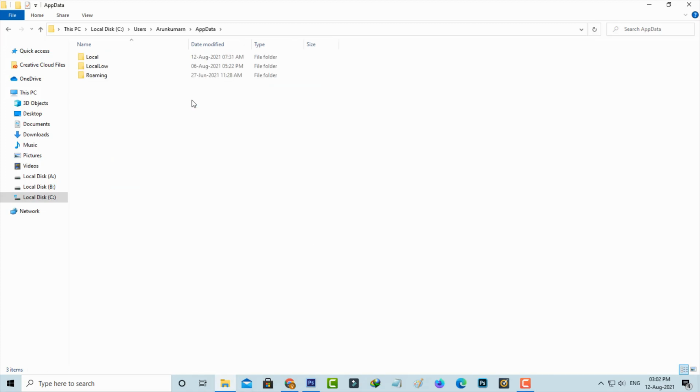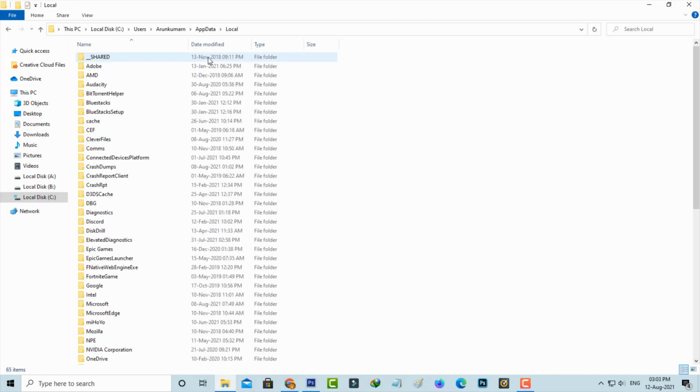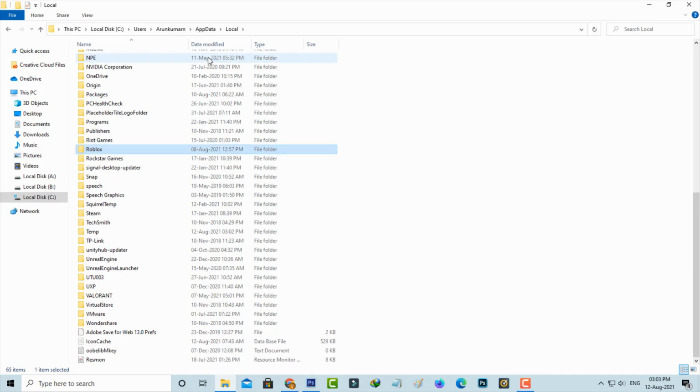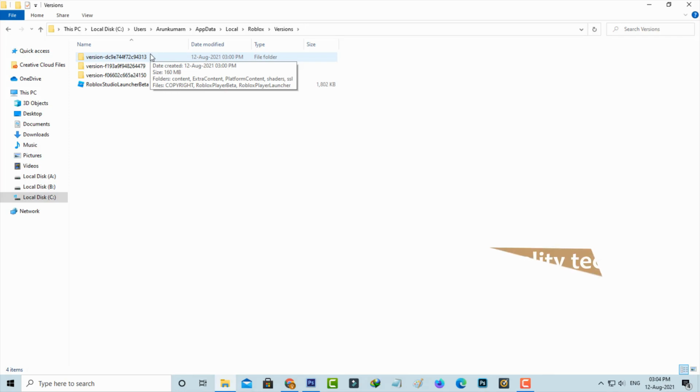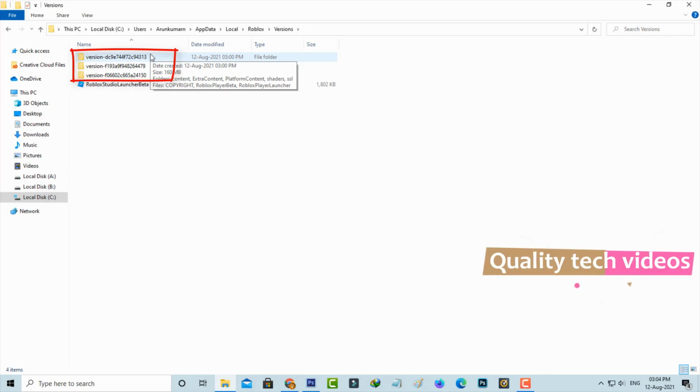It shows 3 subfolders, but you can click to access the Local folder. Finally, here you can locate the Roblox folder and open it. This time you can access the Versions folder and finally delete these 3 Roblox installation folders.